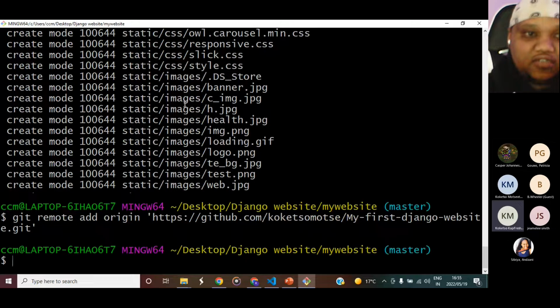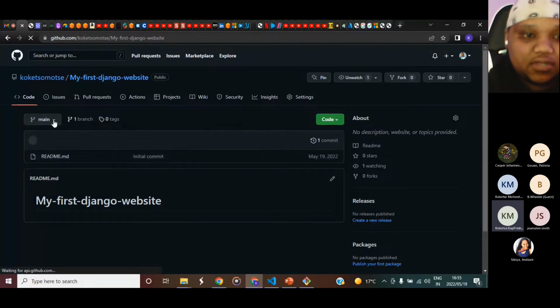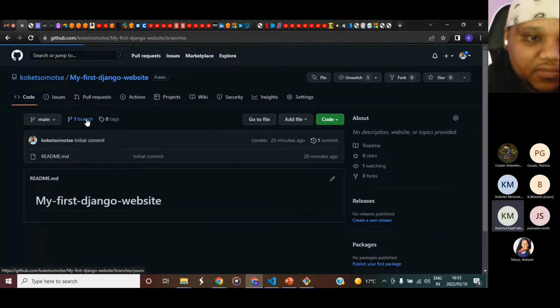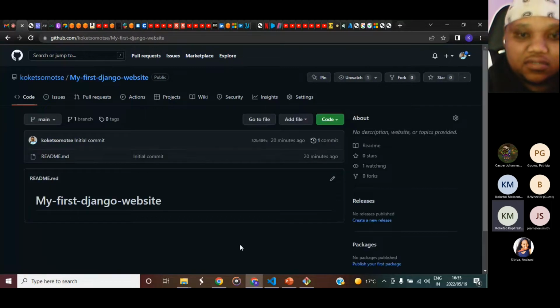For you guys, it might pop up a window asking for some password or authentication. I've already done all of that. And if I go into my file, as you guys can see, let me hit refresh. You will see something called branch one. If I click on branch one, and I see on main, let's see. Okay, it hasn't really shown up yet. If I press refresh,